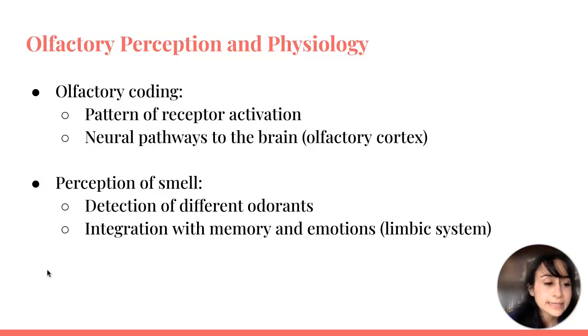The adenylate cyclase converts ATP to cAMP. Then, the cyclic nucleotide-gated channels open, causing an influx of cations, which causes an action potential to occur, which signals a